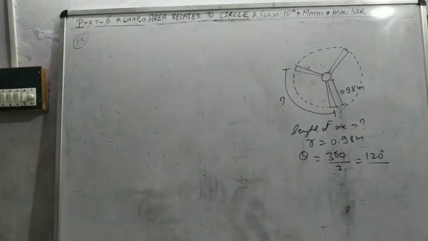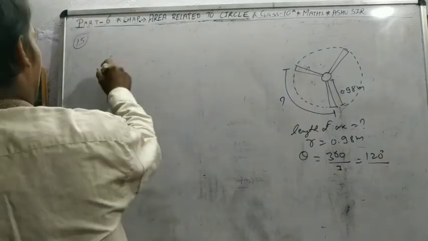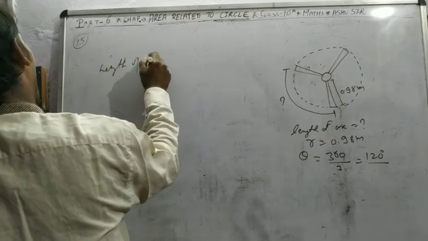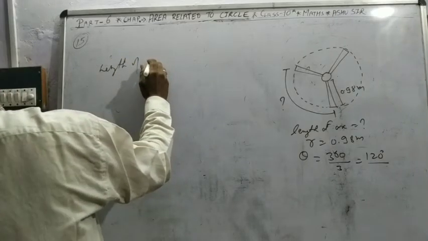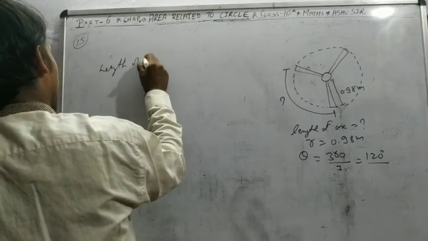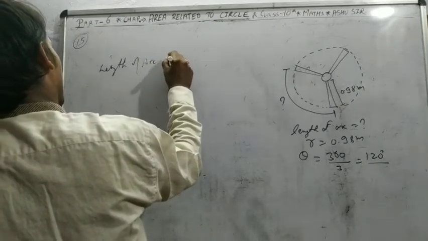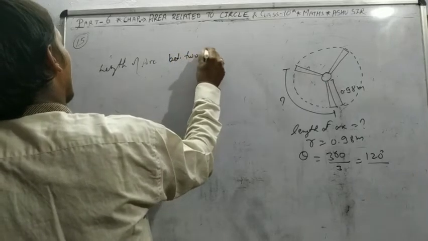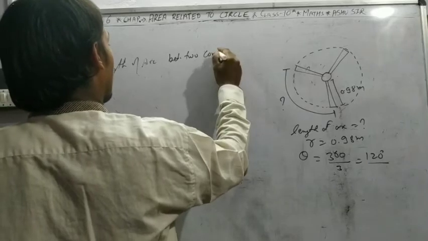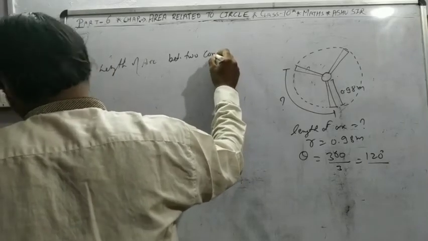There are consecutive wings. So the length of arc between 2 consecutive wings